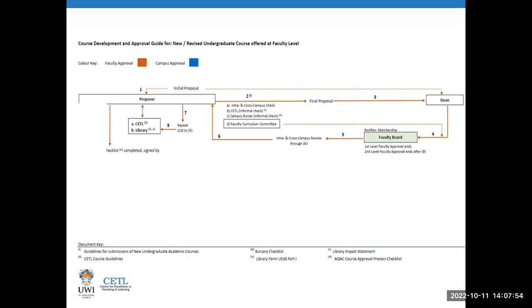And yes, Lisa, I think most of the resources are provided on the CTL website, but we'll provide that link further into this session. So this is part of the workflow. I didn't want to show you the whole thing just yet because I want to take it bit by bit, because it could seem very complicated. So I'll break